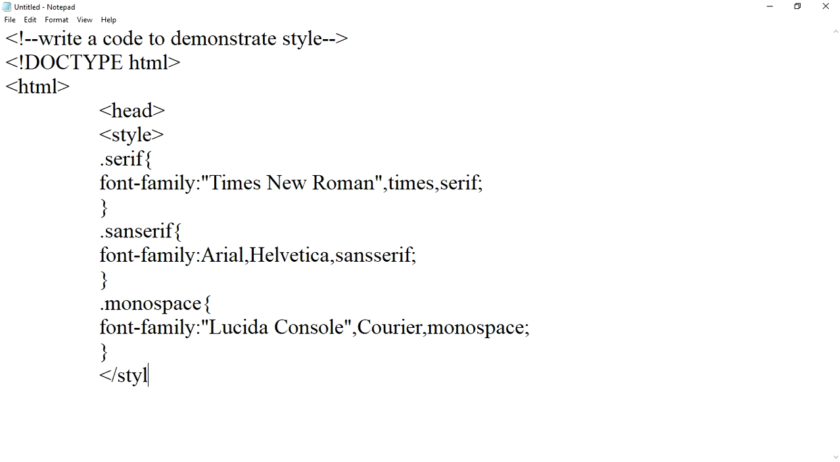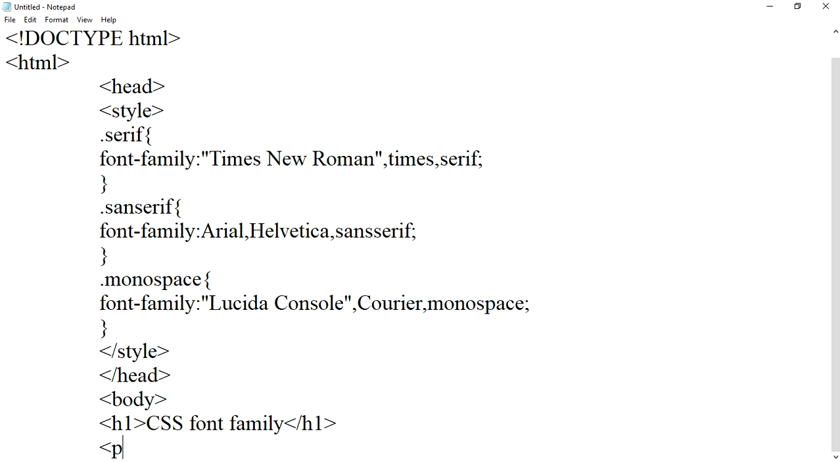now we'll end style tag, head tag, and we'll start body tag, h1 tag, CSS font family, now we'll end h1 tag, serif, now we'll end p tag,